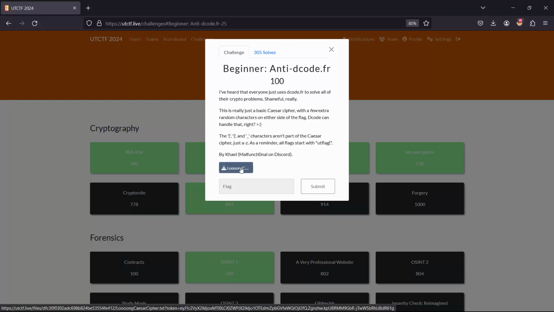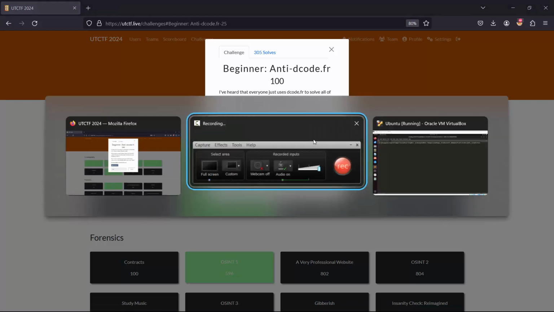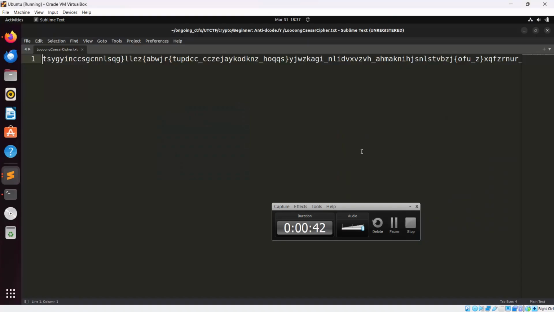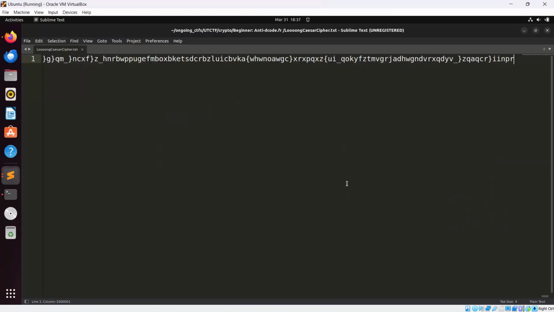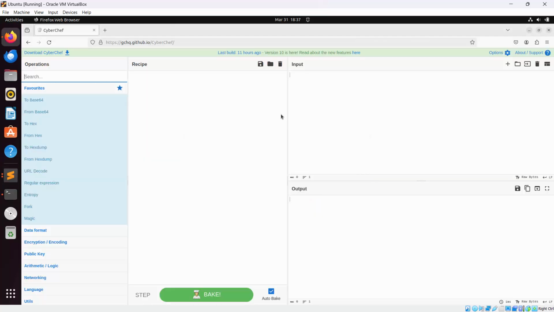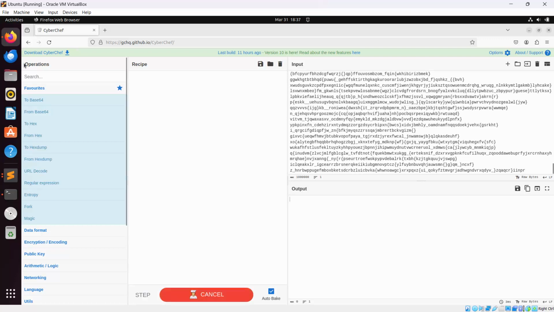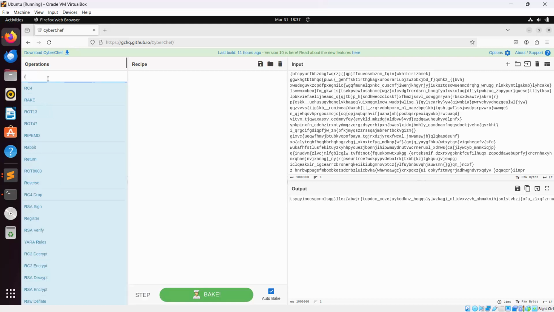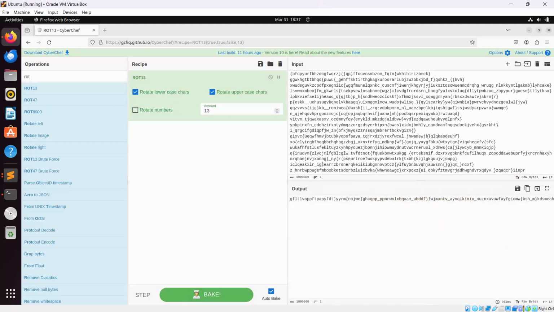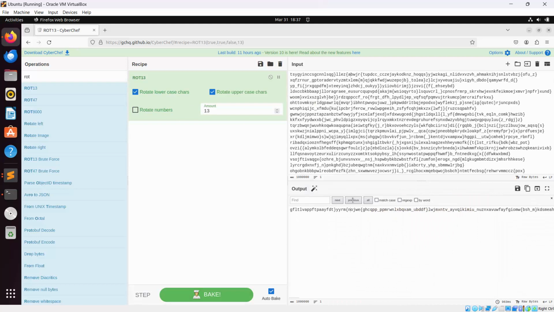And then we're given our caesar_cipher.txt, which is right here. And so if I copy that, and as it says anti-dcode.fr, so we're not going to be using decode.fr, I'll use CyberChef. So I put my input and it's a Caesar cipher. Caesar cipher is the same thing as ROT. It's not necessarily ROT13, but we can always do a find for utflag, and we didn't get it, so I start from